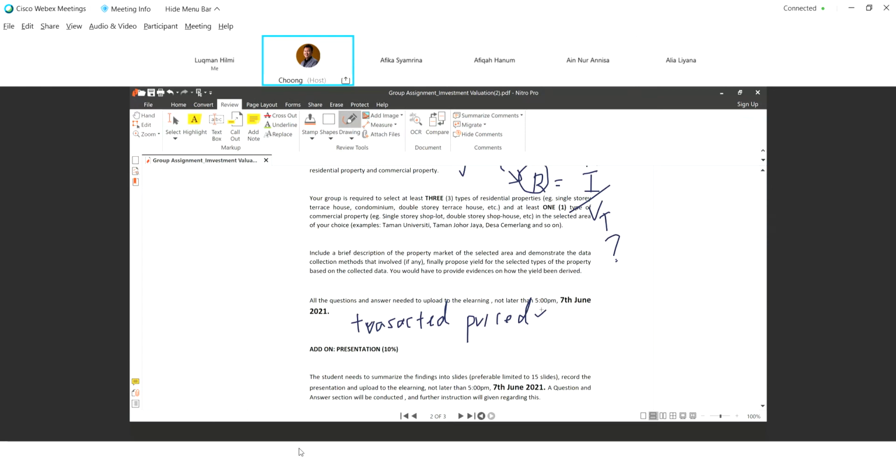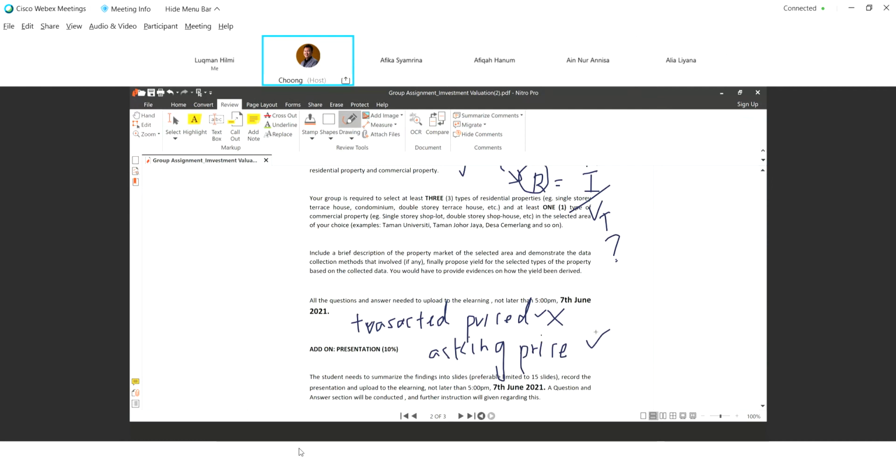So you can use the asking price. Tapi asking price tu selalu lebih tinggi lah. You may have to make a better justification. Kenapa you nak pakai asking price? Sebab kalau you tak ada transactor price tu, and then you just refer to the asking price. Kalau you refer kepada asking price, maksudnya you hanya refer kepada